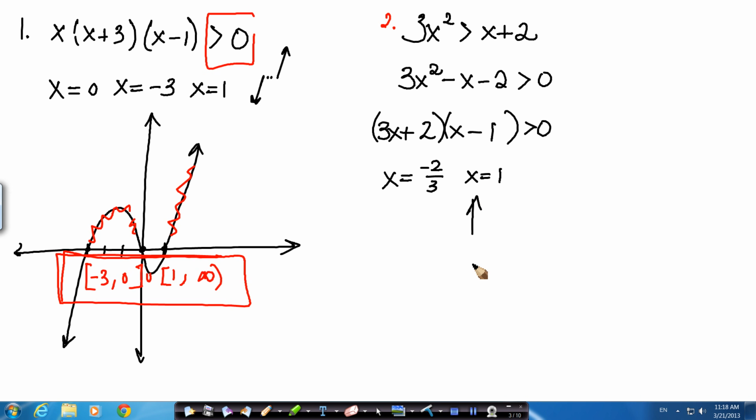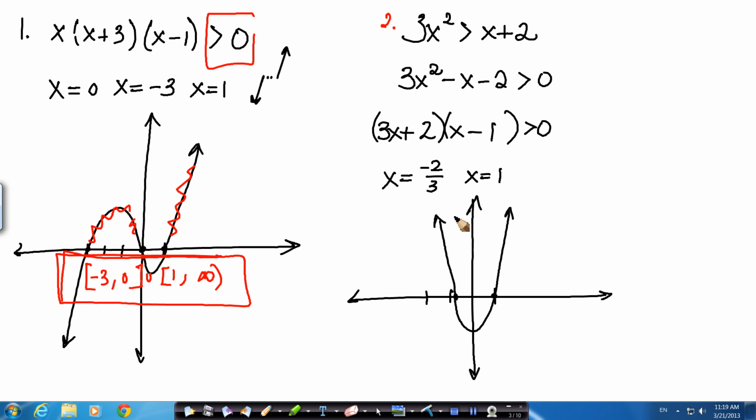Now, if we were to graph this quadratic, we would say, okay, we have an x-intercept at negative 2/3, we have an x-intercept at 1. So our function looks something like this. Now, we want to know, when is our function greater than 0? Well, it's greater than 0 here, and it's greater than 0 here. So that means from negative infinity all the way to negative 2/3,